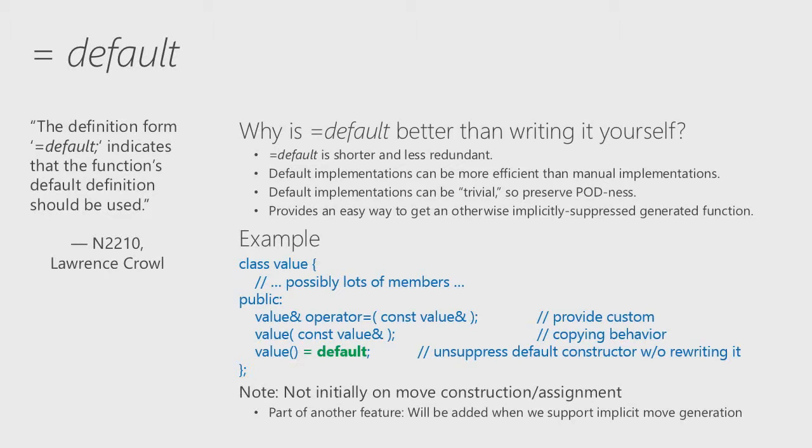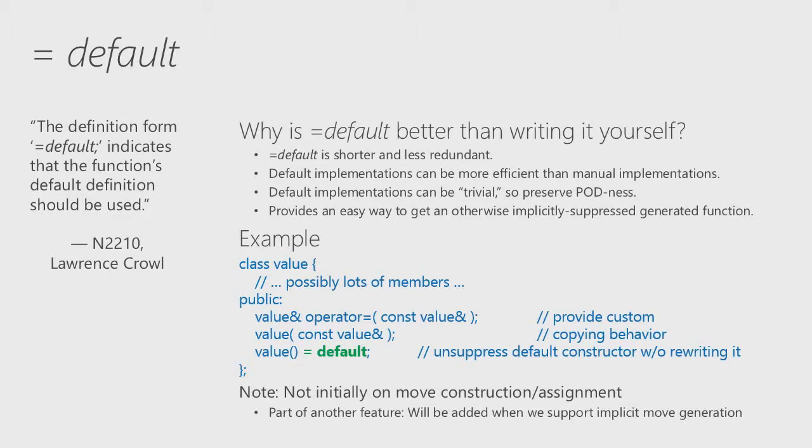If you want to have your type be a plain old data struct or a POD type that's bit copyable, writing your own user-defined special member functions can turn that off and make it not bit copyable safely. Whereas by saying equals default, you preserve podness if you haven't lost it in any other way, and you can write POD types and still get the benefit of saying I want the compiler to just provide the default implementation